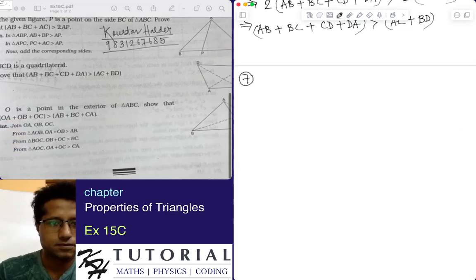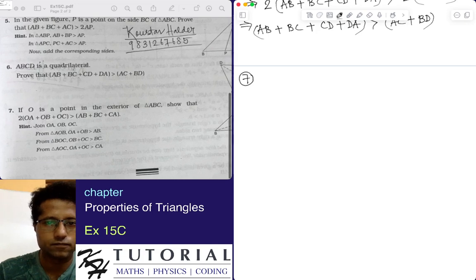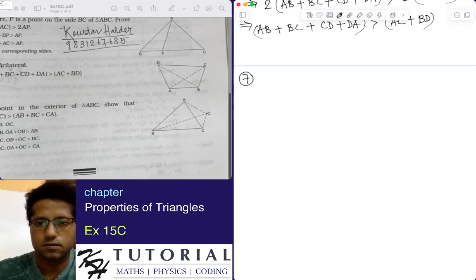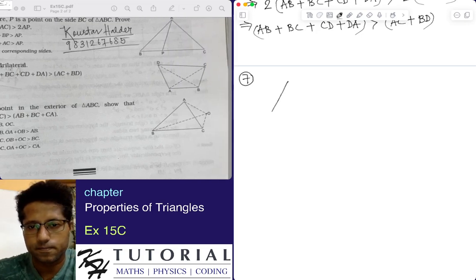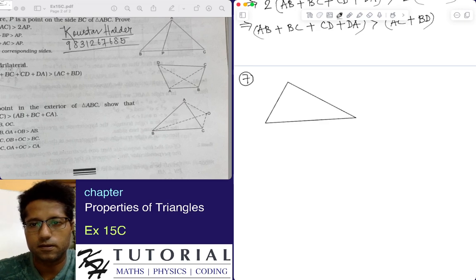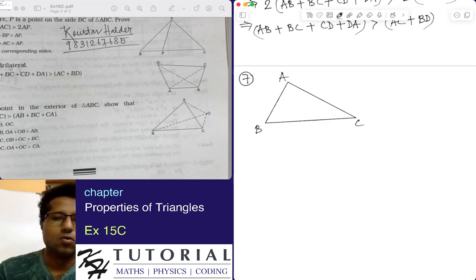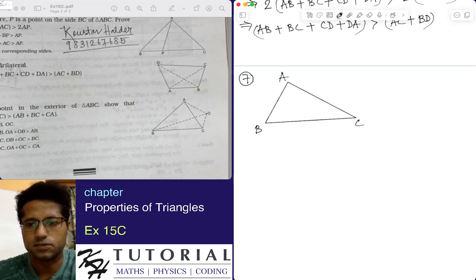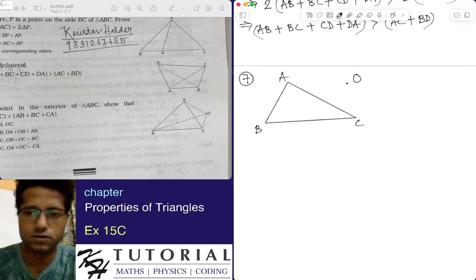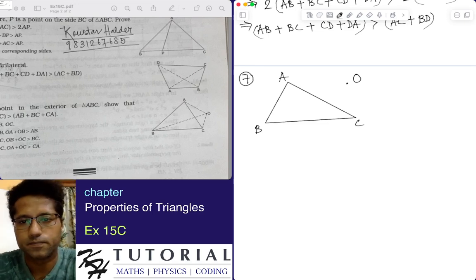Problem number 7 says, if O is a point in the exterior of triangle ABC, show that... Okay, so there is a triangle, the triangle is ABC and there is a point O outside the triangle ABC. Let's say the point is O over here and it is joined with the vertices A, B and C. So we get